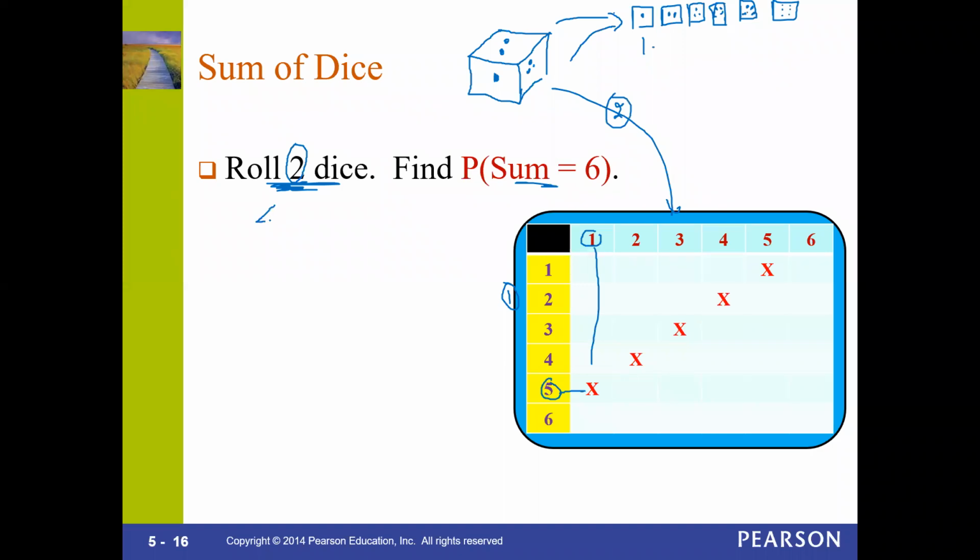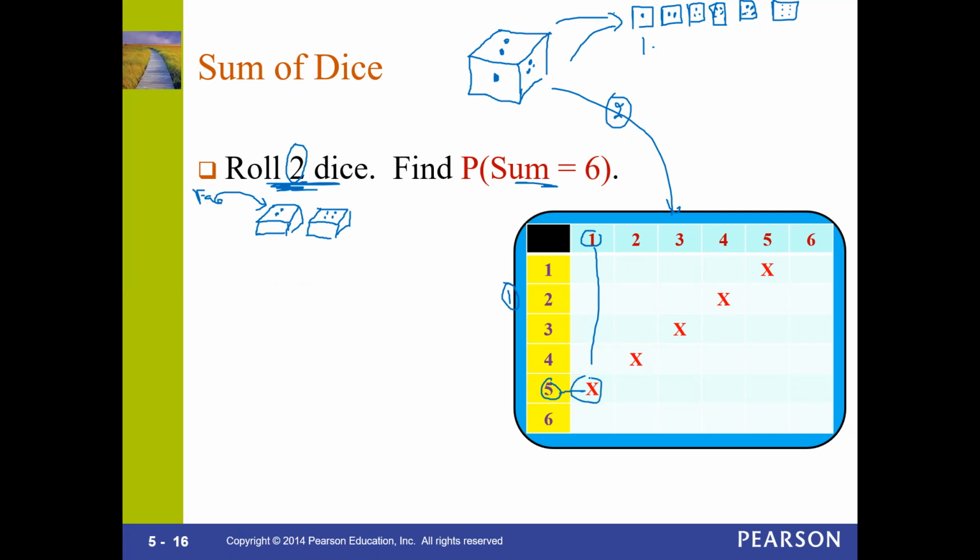Whenever you roll them, you have, for example, one of them showing the face of 2, and the other one will show the face of 4. This gives you 6. That's what I'm trying to understand. So we got 2 dice, and we want to have the sum of 6. I'm talking about the face. That's the face. So how many times do you have that here?